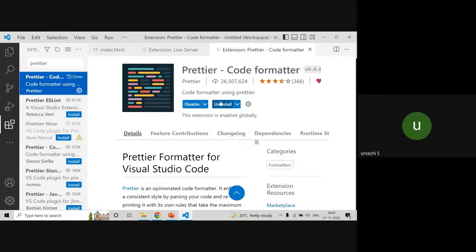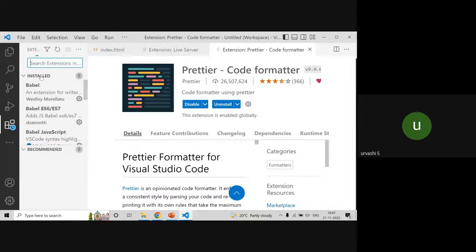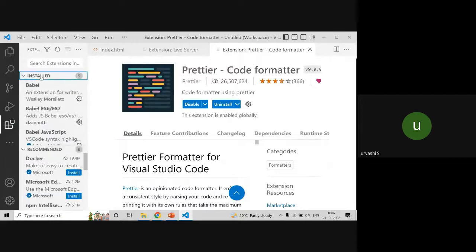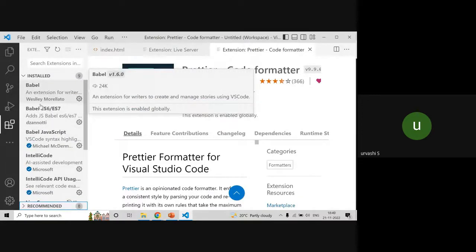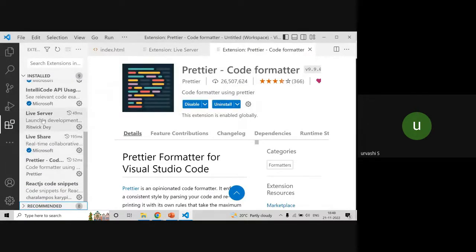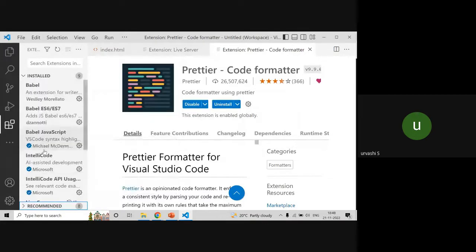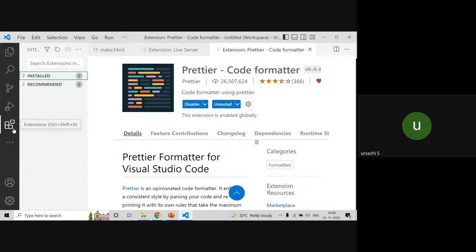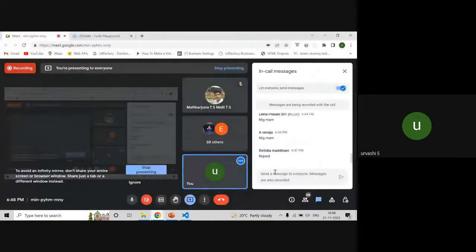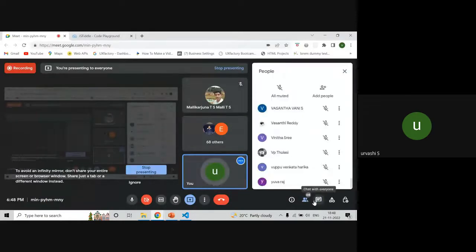In my system, it shows uninstall because I've already installed it. Here you can see the installed tab, with live server and Prettier. That means these are installed in your Visual Studio Code. These are the extensions provided to us by Visual Studio Code. Done? Is it done?